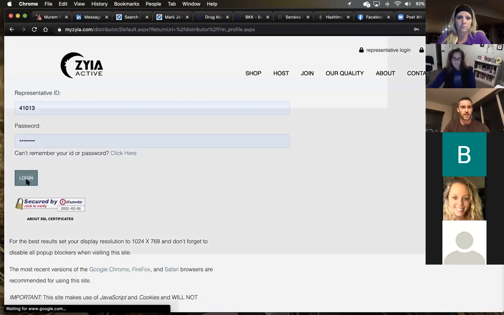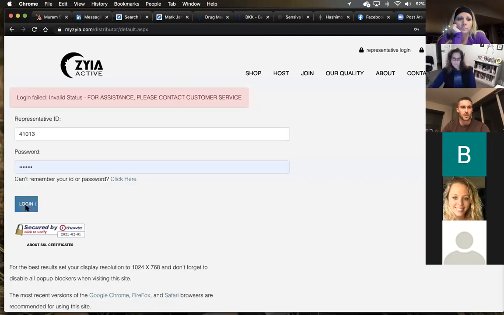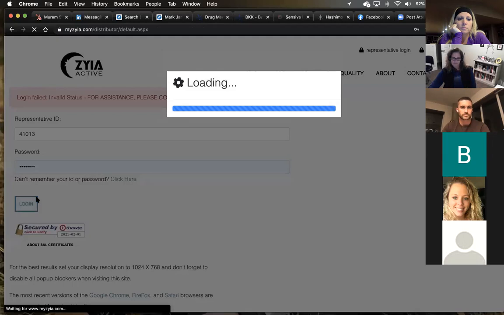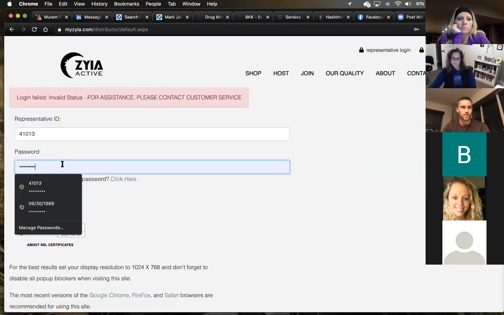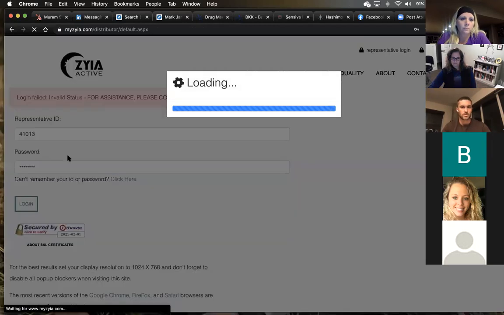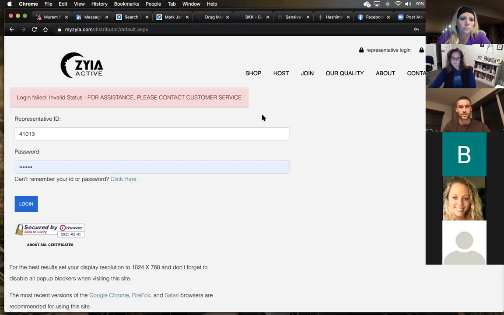So this is what it looks like when you log into your MyZaya. I think I've got my username and password here. Or they have killed my account. We will take a look. So anyway, sorry guys, when you come over here and you log into MyZaya, on the left-hand side it says